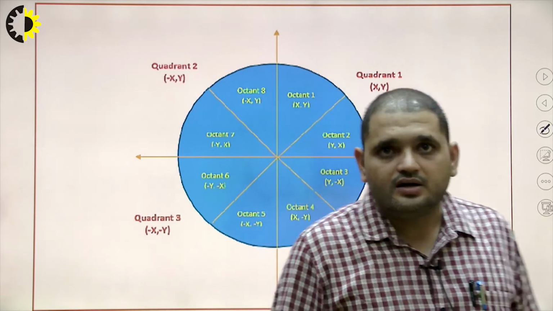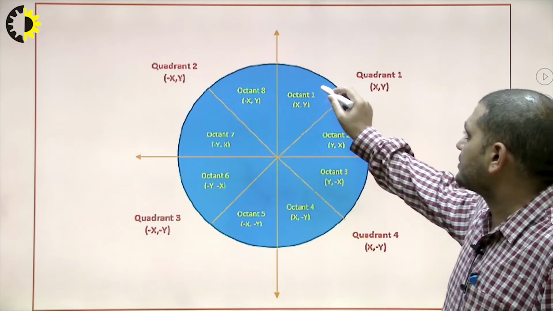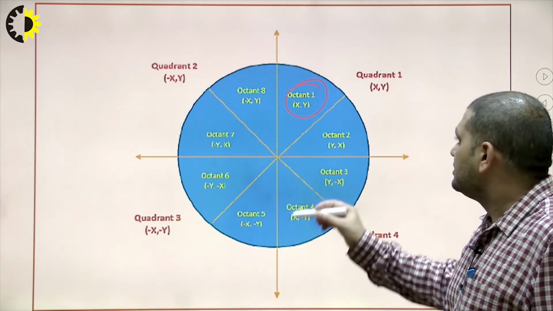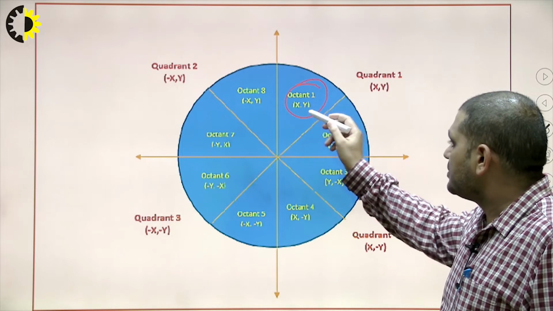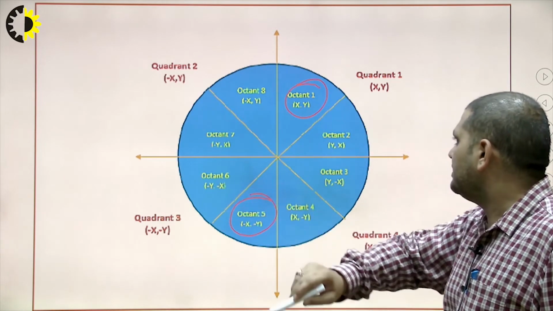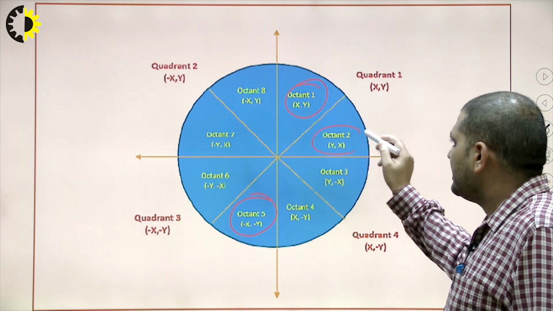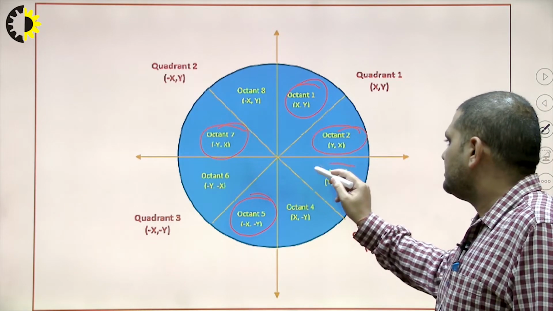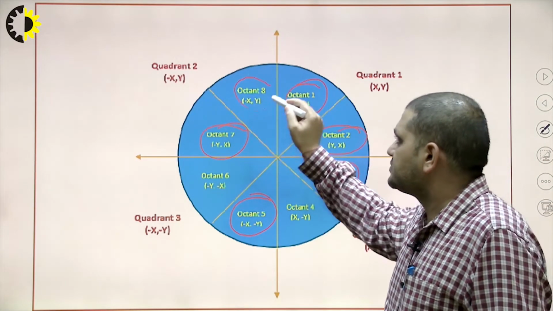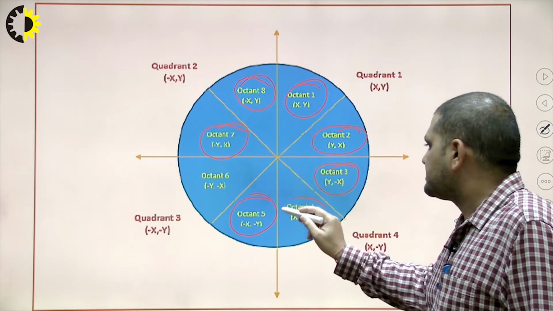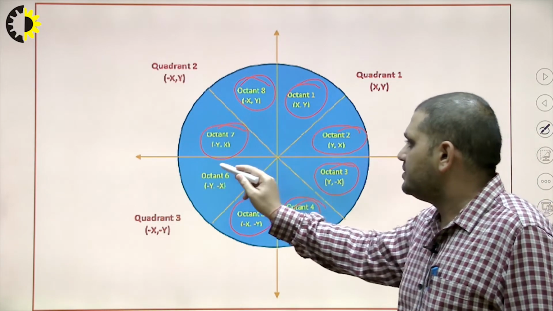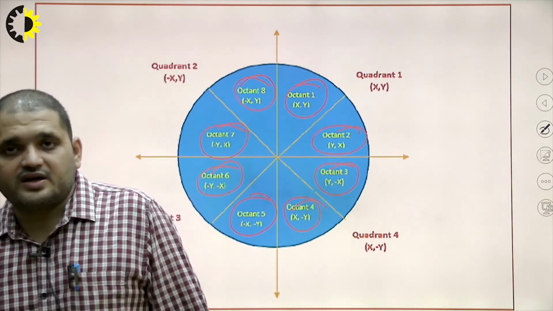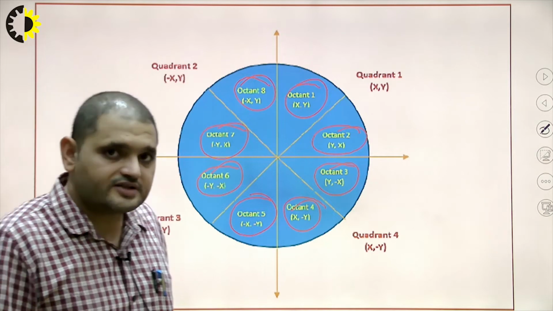So you can see here, if you have found the point of one octant, that is x comma y, then using the symmetry property we can compare here. Then x comma y, here is minus x minus y, here it will be y x, then here it will be minus y minus x, then y minus x, then here minus x y, and x minus y, and here will be minus y minus x. So these all are using the symmetry property. We can find the other coordinates of the octants.